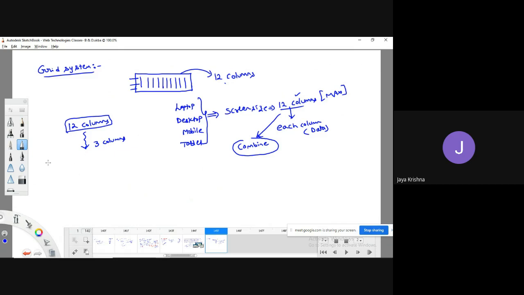I can combine the first 4 columns into one column, the next 4 columns into one column, and the next 4 columns into one column. Or I can go for the first 3 columns into one column, the next 5 columns into one column, and the next 4 columns into one column. Or 6 columns into one column and 6 columns into one column, or 10 columns into one column and 2 columns into one column.